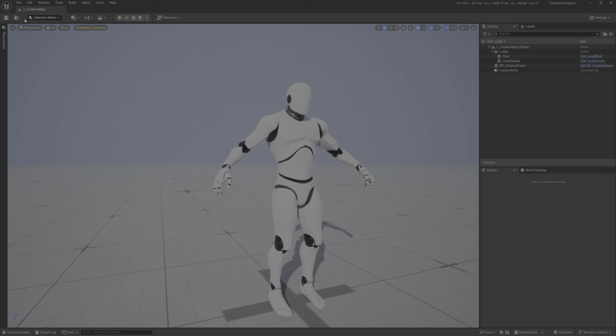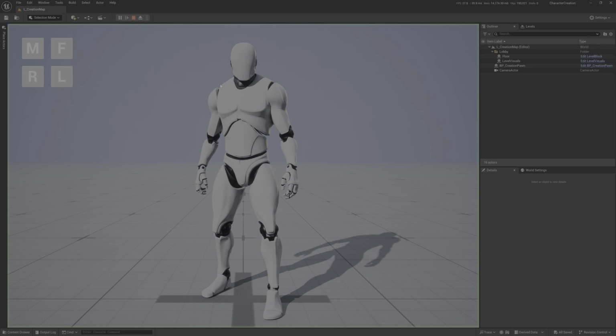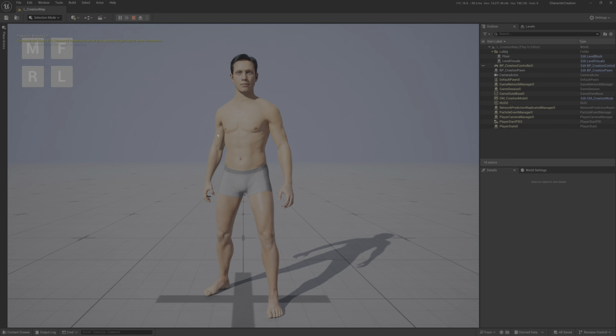Okay, let me see if it's actually working. Yes, it's working. Pay no attention to this. You will see that after you compile everything and set a few things, this will disappear.